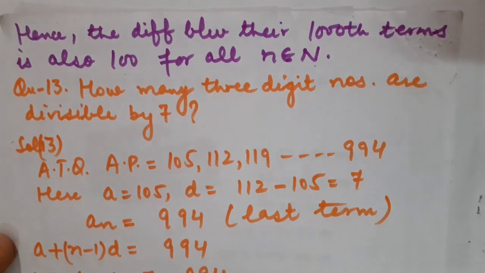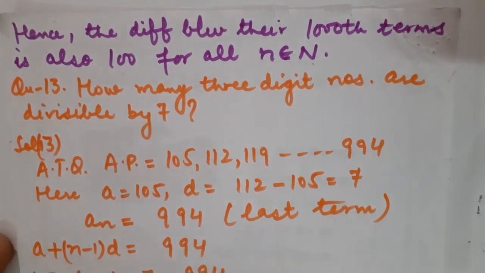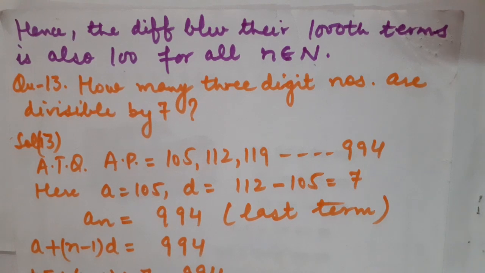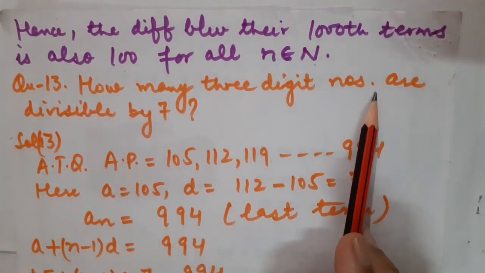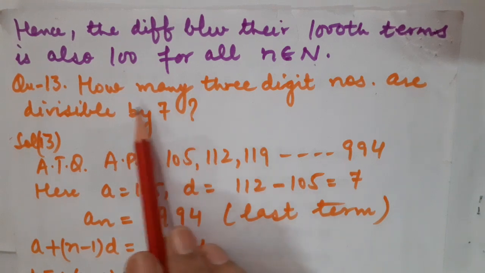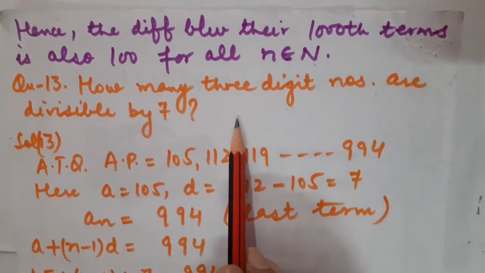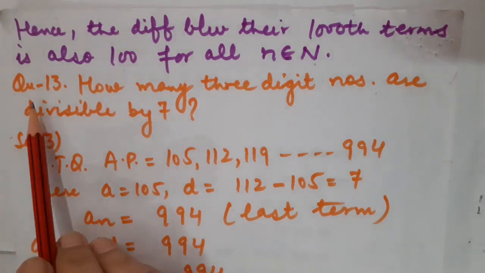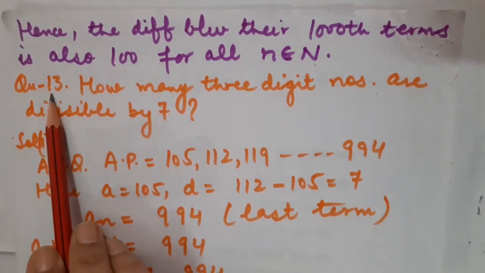Correct, student? Now children, I am going to take question number 13. It is covering another type of problem which is based on the nth term of an AP. You will be given a situation. You will have to form the AP based on that situation, and after that you have to tell how many terms will occur in that AP, or in that list of numbers. Fine, so let us discuss question number 13 based on the same type.